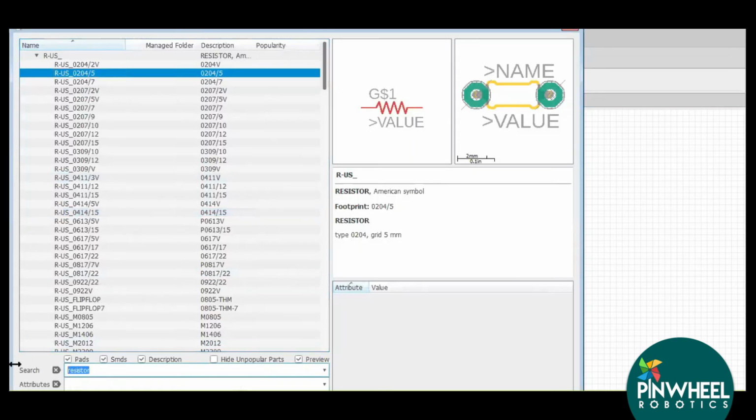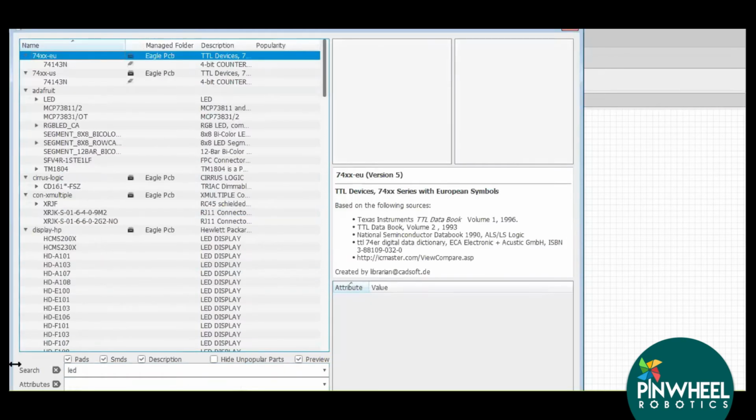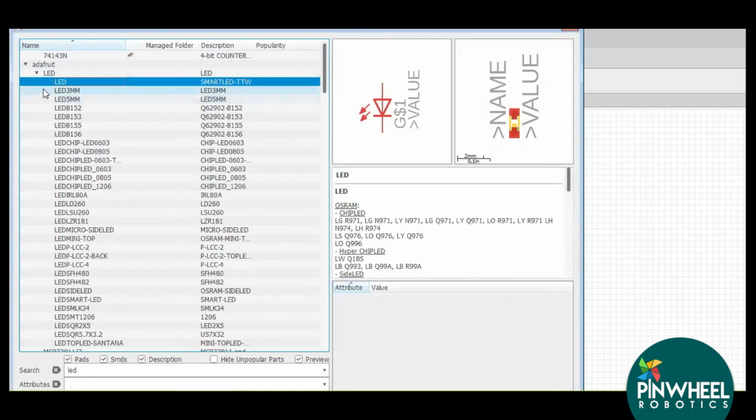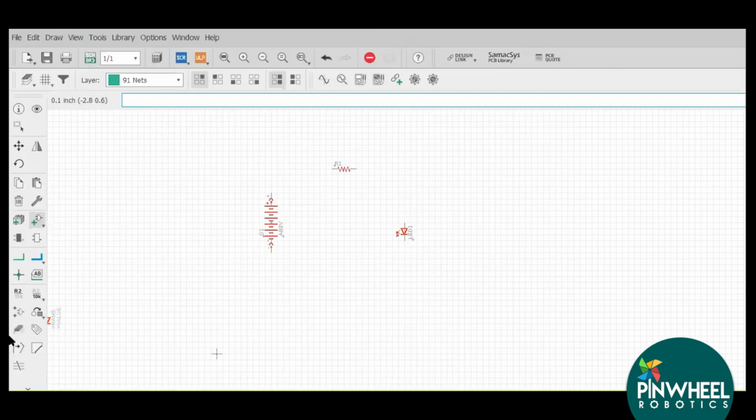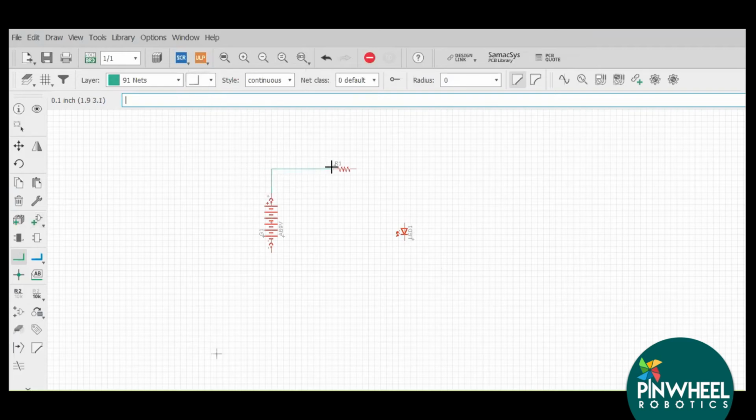And I need one LED also. Now I will use net to connect my components according to the required circuit.